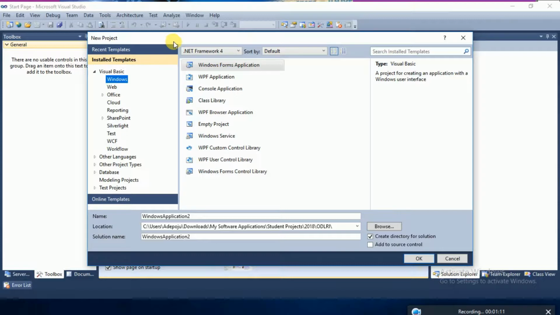Here is the new project dialog box displayed. So in today's lesson, we are going to create a picture viewer application. So I'm going to give my picture viewer, my new project, a name: Picture View App. If you look at this window, you have the installed template Visual Basic to your left,